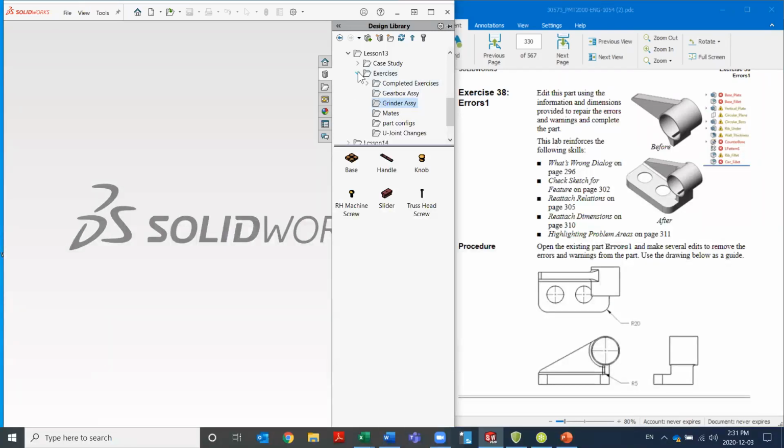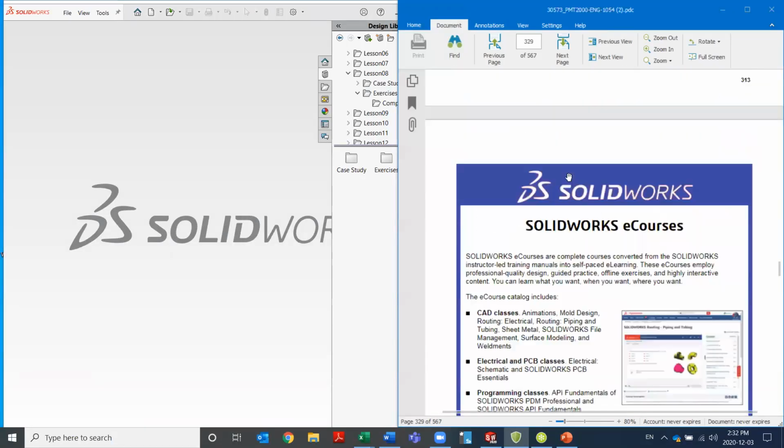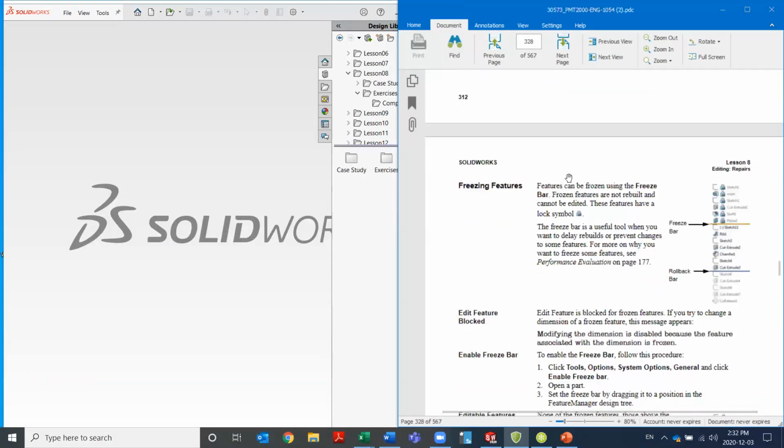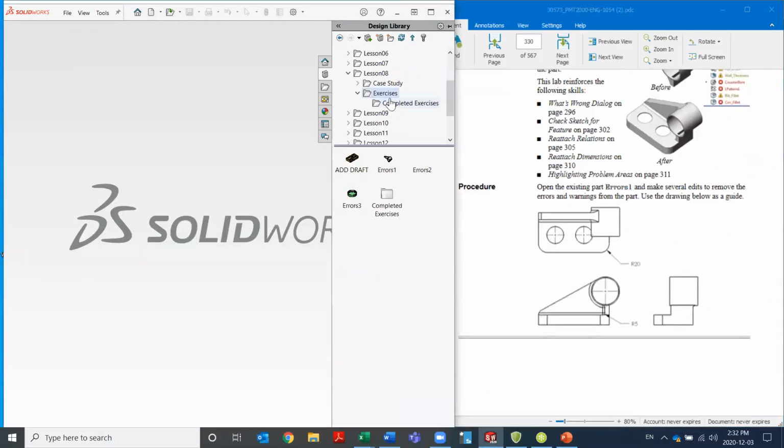You'll notice I've got everything in my library right now, all the exercise files here. This is something that we'll go over also in the Essentials course, just to make sure everybody's on the same page and has quick access to this. I believe this one's going to be lesson 8, and we can go into our exercises. Is it 8 that we're in here? Let me just check real quick. It is lesson 8. So where are my exercises? There it is. So here's errors 1, and I'll open this up,